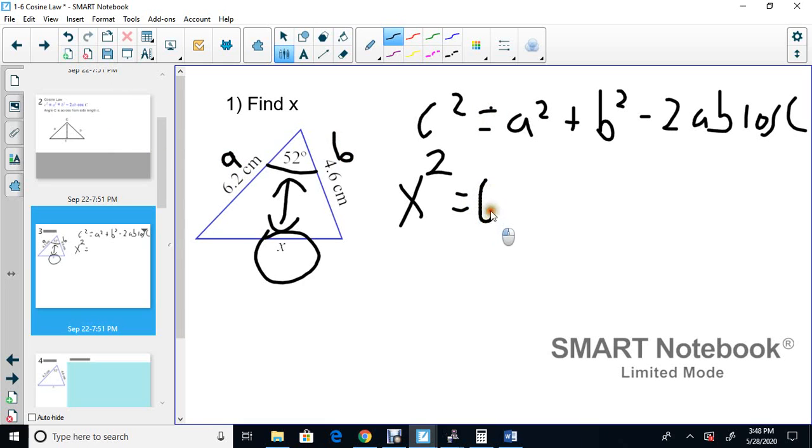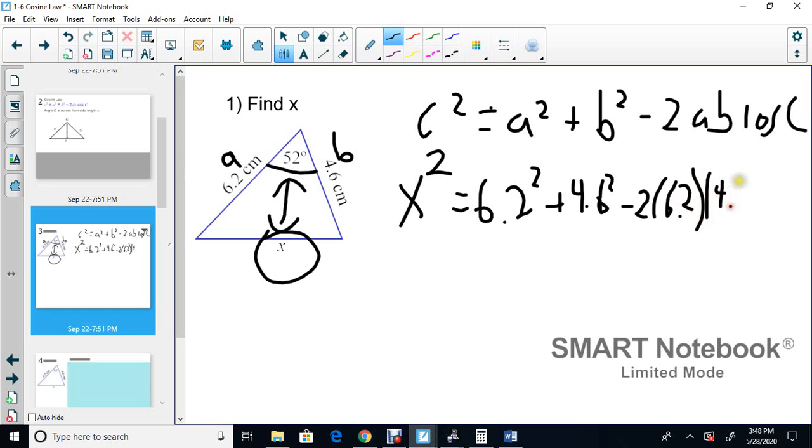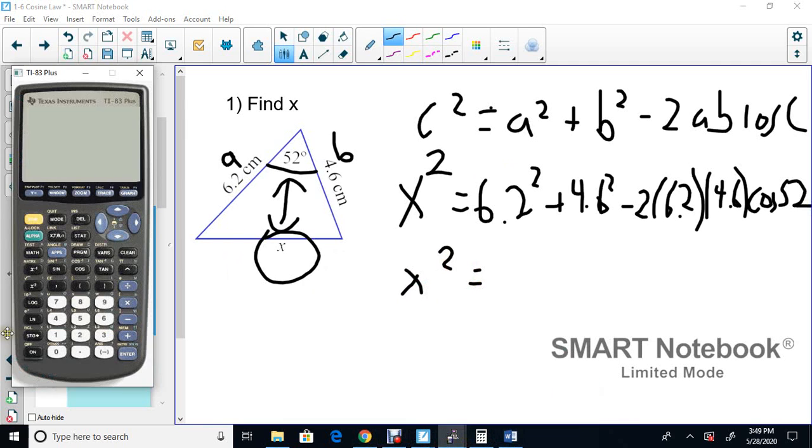You put 6.2 squared plus 4.6 squared. I'm going to squeeze it in here. Minus 2 times 6.2 times 4.6 times cosine of 52. Now, I love this because I can use my really good calculator, and you can use the other one too. But if I use this really good calculator here, watch, I can just put it right in here. 6.2 squared. Whoops, let's do that again. 6.2 squared plus